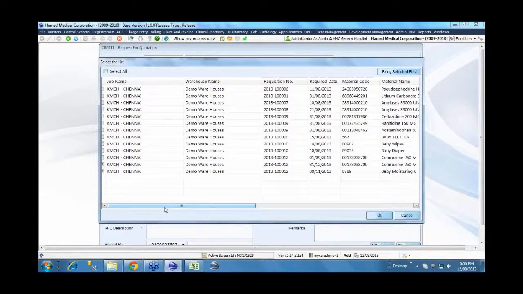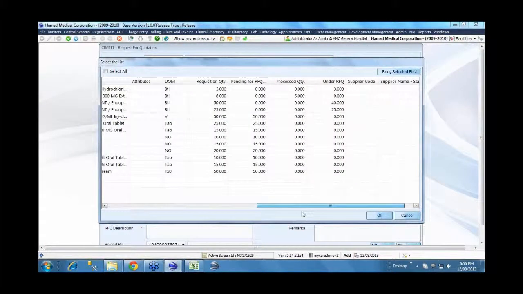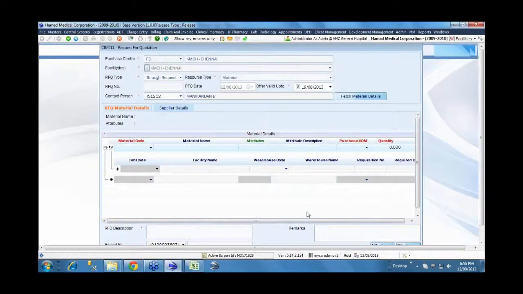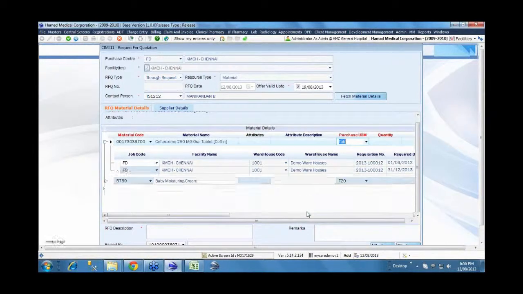You can choose a combination of more than one purchase requisition raised at various points in time, or we can select just one of them, so we'll choose the two items which we used now. Select.